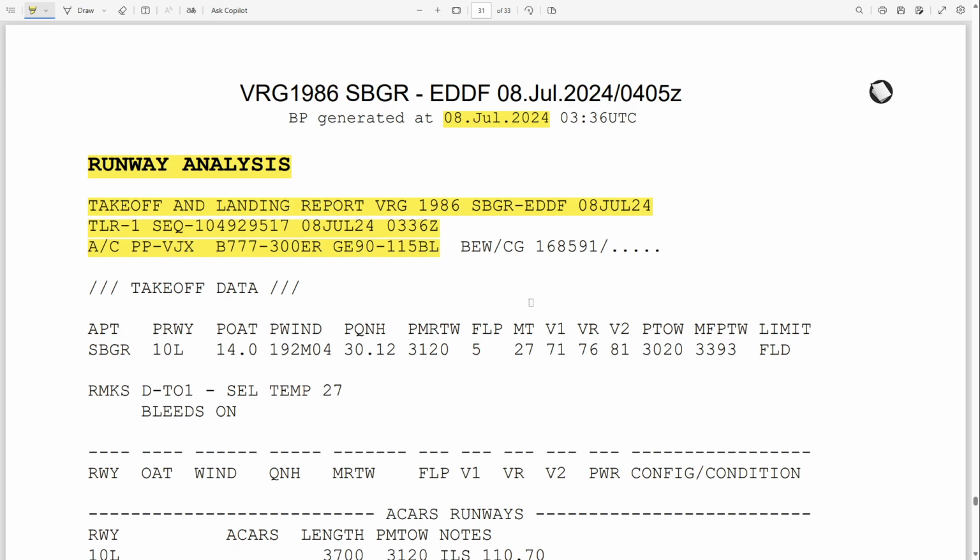G9115BL. The basic empty weight is 168591, and the CG is shown as nothing, because as I told you, it doesn't change for the sim environment. Here you even have a space to write the CG once you get the CG on your airplane. Let me just make sure you can see all of this. Yes, okay, now that we start the runway analysis and we know where and what conditions we are talking about,